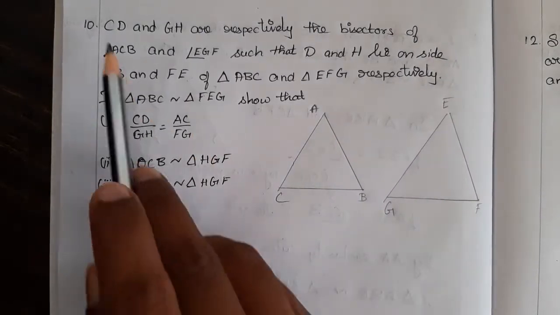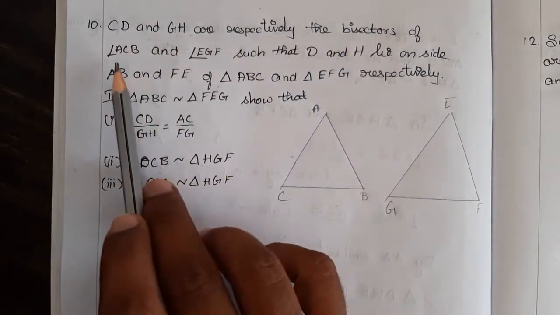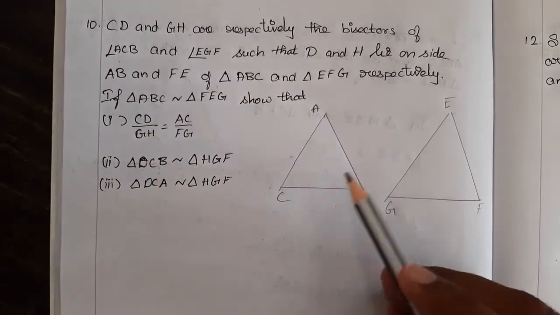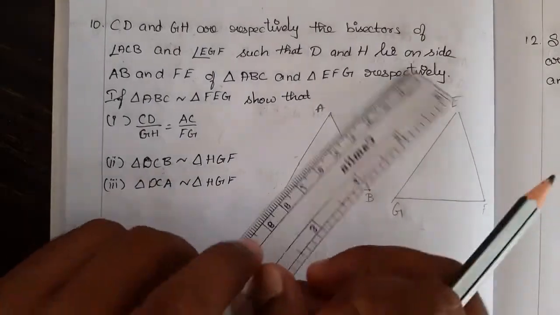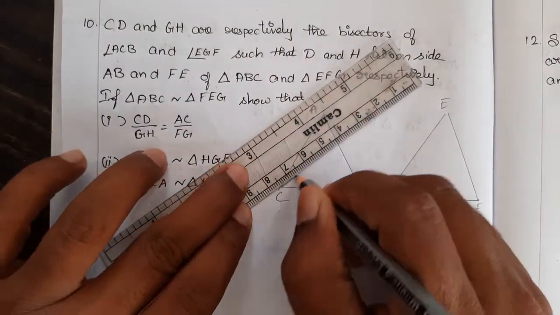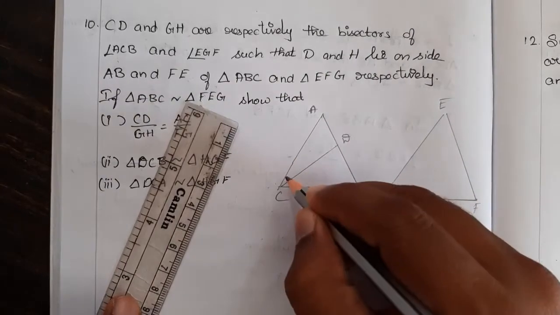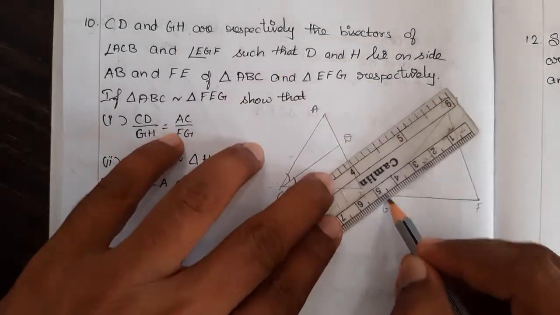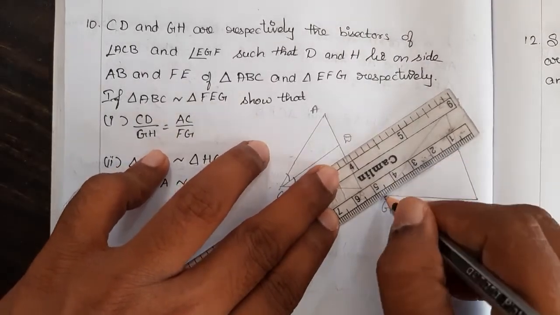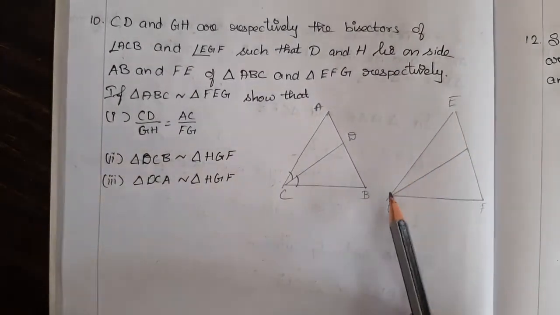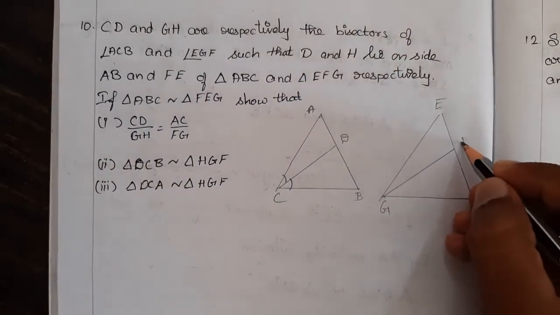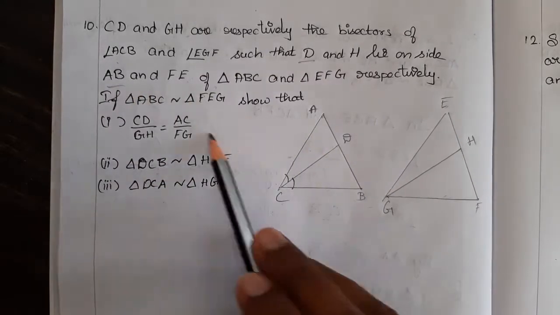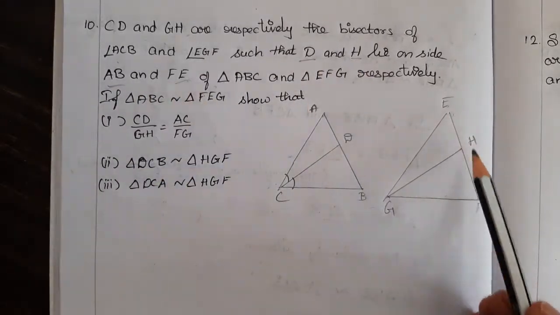It said that CD and GH are respectively bisectors of angle ACB and angle EGF. So CD is the bisector of angle ACB. From C there is one angle bisector. Bisector means both angles will be equal. It cuts the angle into two equal parts. And GH is another angle bisector of angle EGF. So this is G and this is H, and D lies on AB and H lies on FE of the